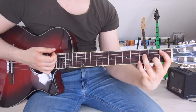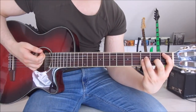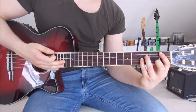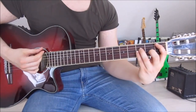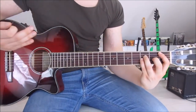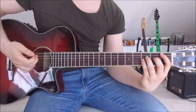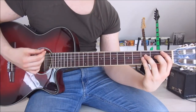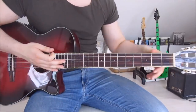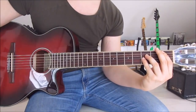Next up, we've got an A sharp, so we move our first finger up here onto the first fret on the fifth string, third finger onto the third fret on the fourth string, and pinky onto the third fret on the third string. And now we use our first finger to mute the sixth string by slightly touching it with the tip of our finger, and we go down once. And by putting our fingers on like that, we're automatically muting the second and first string with our first finger up here as well with our index finger, making it sound a bit deeper, a bit more masculine,